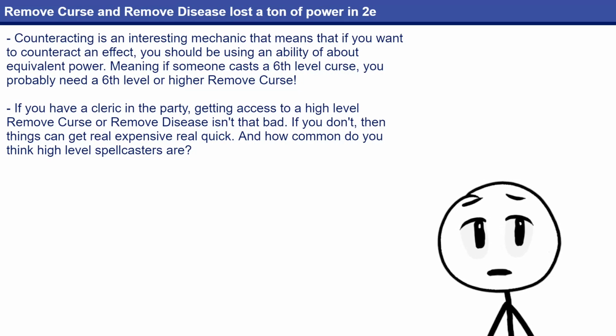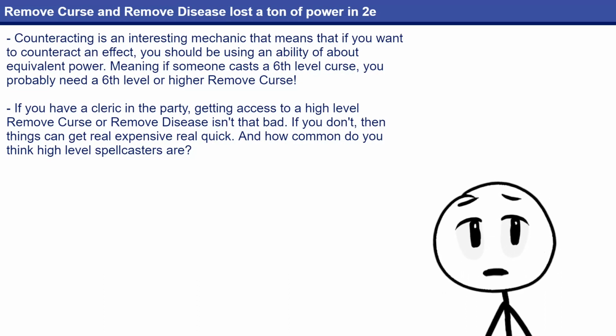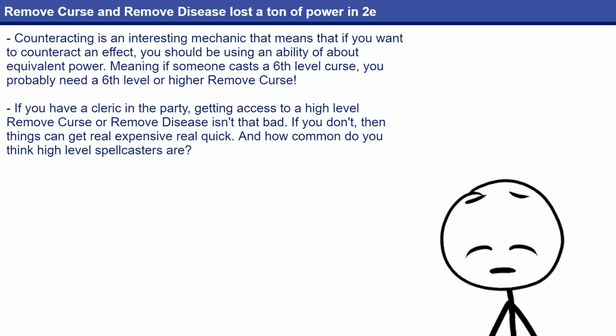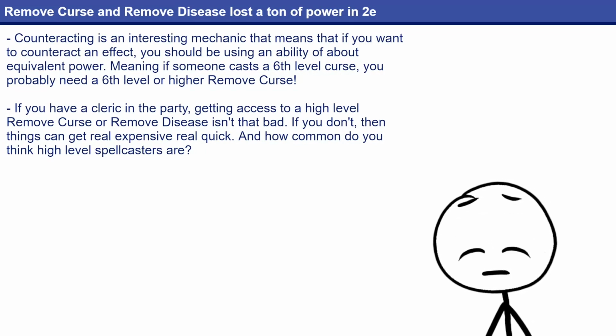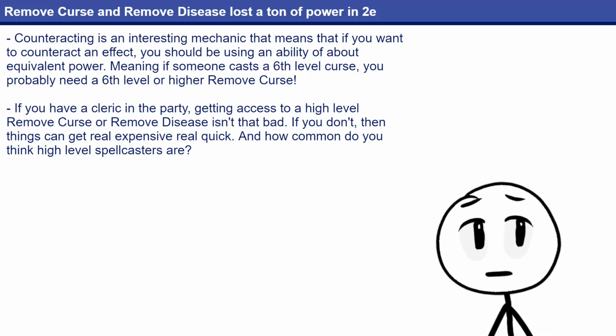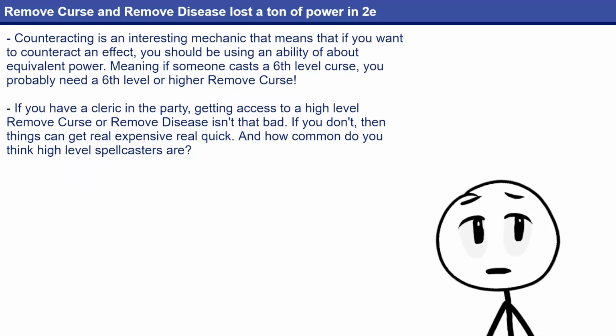To have the best odds of success, you're going to want at least a level 6 remove curse to match the level 6 curse, and you're not always going to be able to get spellcasters who are powerful enough to do that. If you can't cast level 6 spells, it'll be harder to remove something like Spell Rack. And if you don't want to use a level 6 spell, then again, it'll be pretty difficult. If a curse is a major threat, then clerics are going to have to expend major resources like high-level spell